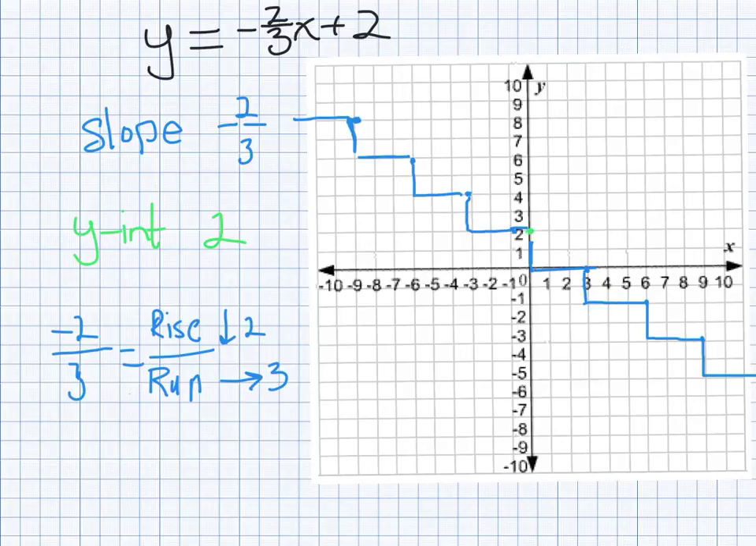Here we have y equals negative 2/3 x plus 2. The slope here is negative 2/3. We don't have to put it over 1 because we already have a fraction. And the y-intercept is 2. So our rise is going to be negative 2, which means we're going to go down 2. And 3 means the run is that we're going to go over 3. So our y-intercept was right here. We're going to go down 2 over 3, down 2 over 3, down 2 over 3, and then reverse it up here, and then we can draw our line